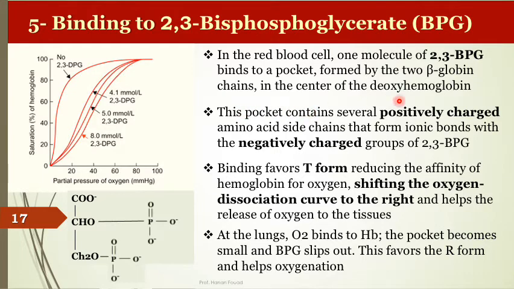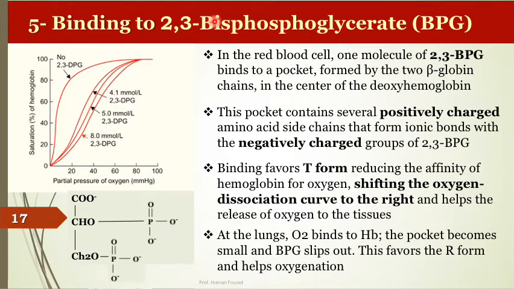In the heme pocket, we have many positive charges because we have many histidine residues. Hemoglobin is a basic protein. It is a globin basic protein full of positively charged basic amino acids. This positive charge will bind strongly to the negatively charged oxygen ions of the 2 phosphoric acids. So this fixes the hemoglobin in the tight form. If you fix the hemoglobin in the tight form, this will shift the oxygen dissociation curve to the right. Fixing the hemoglobin in the tight form leads to narrowing of the heme pocket.